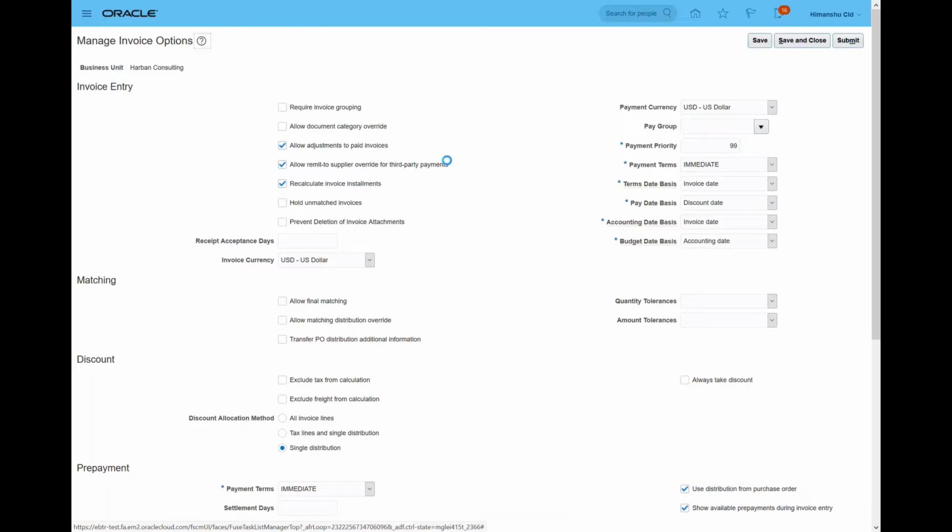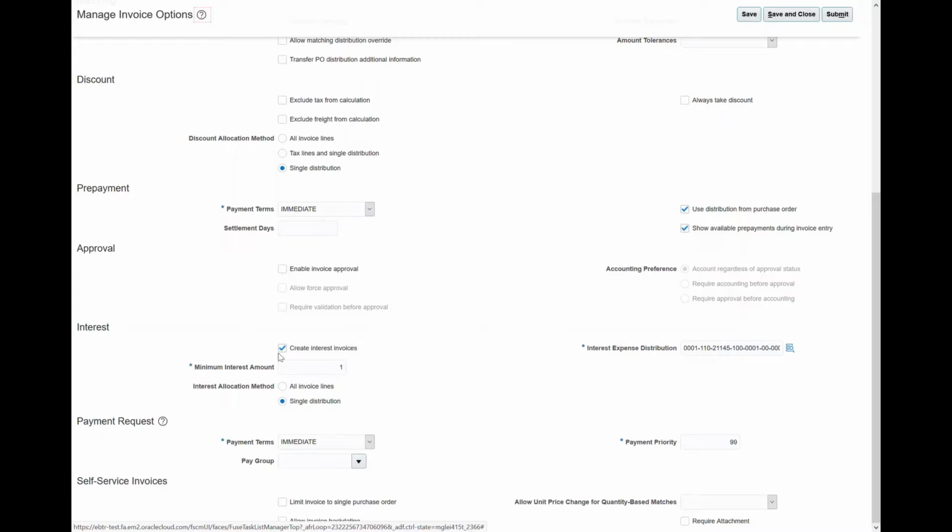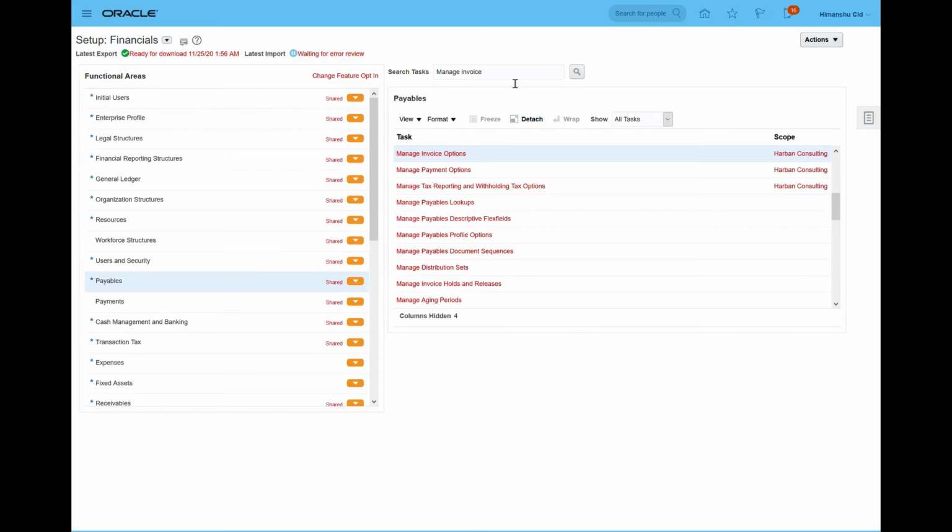Since our business unit has already selected a scope, we'll navigate to the interest section and see that create interest invoices is enabled and interest expense distribution details are there. The minimum interest amount indicates that this amount has to be exceeded in order for the system to generate those invoices, and the allocation method, whether it's a single or across all the invoice lines. So once we validate these setups are there, next we need